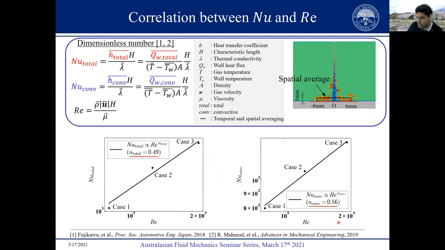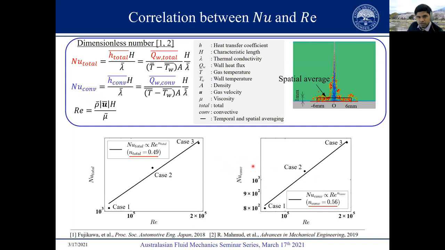Now, if I do the same analysis for the conventional convective Nusselt number, and I try to find its dependence on the Reynolds number, you will see that the correlation index value changes quite a bit. So this shows you the importance of the way you are defining and the way you are measuring these Nusselt numbers in experiments. And you might say that radiative heat flux can be neglected, but not always,